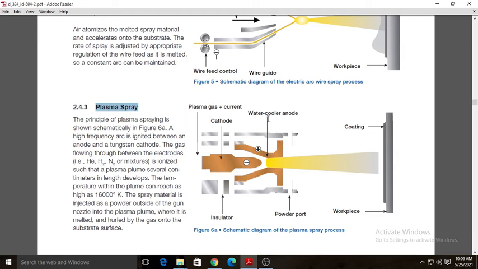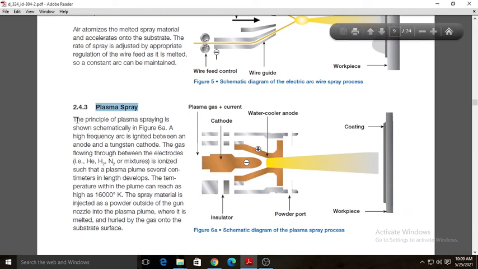Here this is the cathode, and this is the anode. When the anode and cathode are at a specific distance apart, and the plasma gas passes between them, they produce the plasma, or you may say they produce the spark. As the gas moves forward, the high temperature plasma is also available here, and at that time the powder of this coating material is introduced here. This powder is melted here and bombarded onto the workpiece, and the coating is produced there.